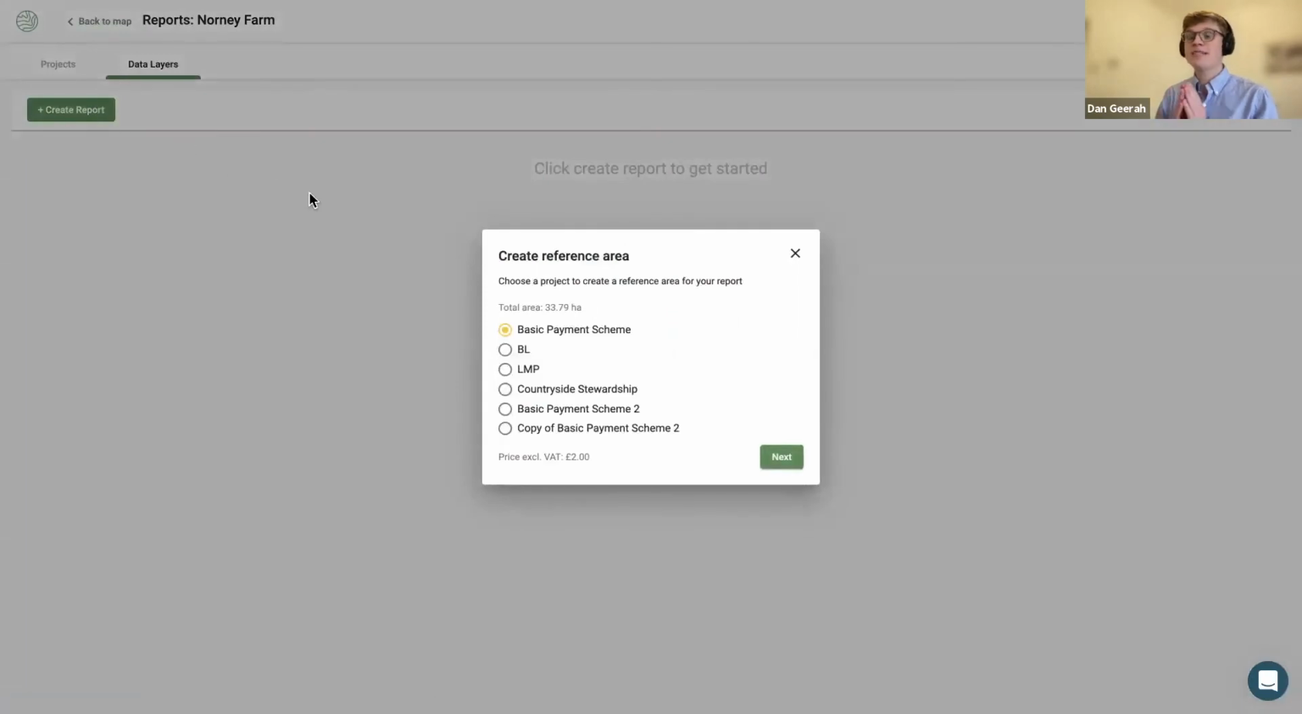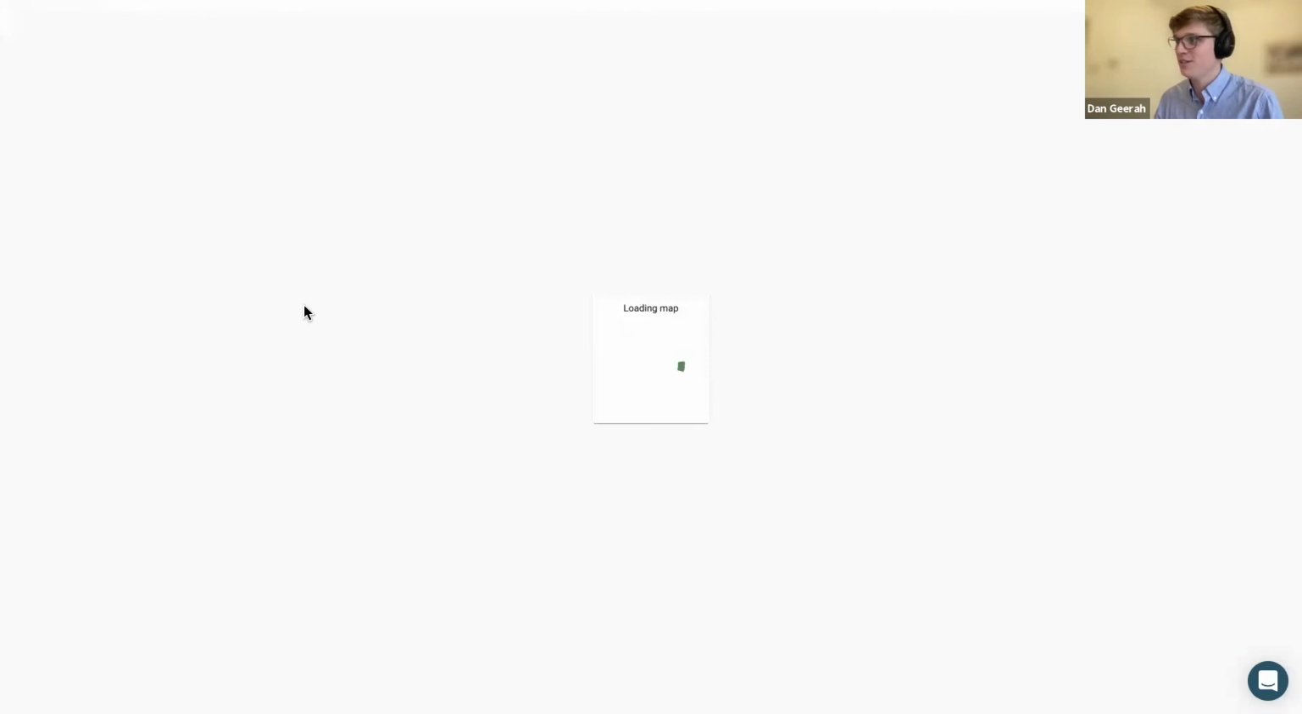And this, you basically define your reference area. So when you create a report, you choose which of your projects you want to create a report on. So at the moment, I've only got access to all those different projects. And actually, just to demonstrate before I do this, it might be, and just so we get a bit more